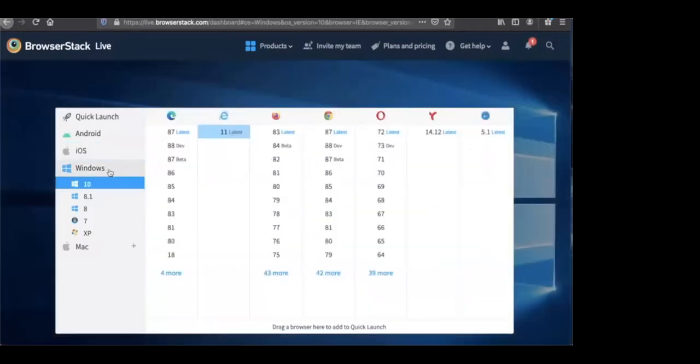We have Windows, multiple versions of Windows, because different people are stuck on different infrastructure. I know some enterprises up until a year or maybe two ago were still using Windows XP, and I wouldn't be surprised if there's still one or two out there still using it.